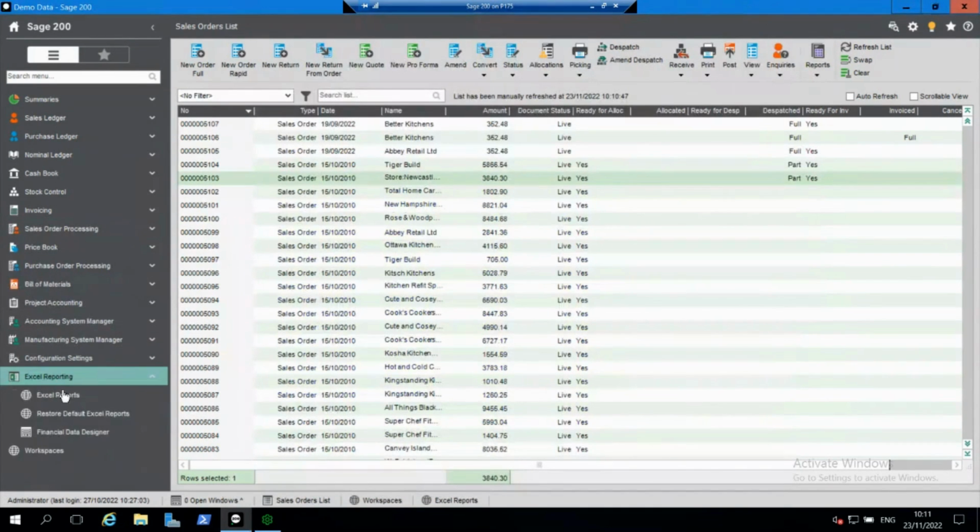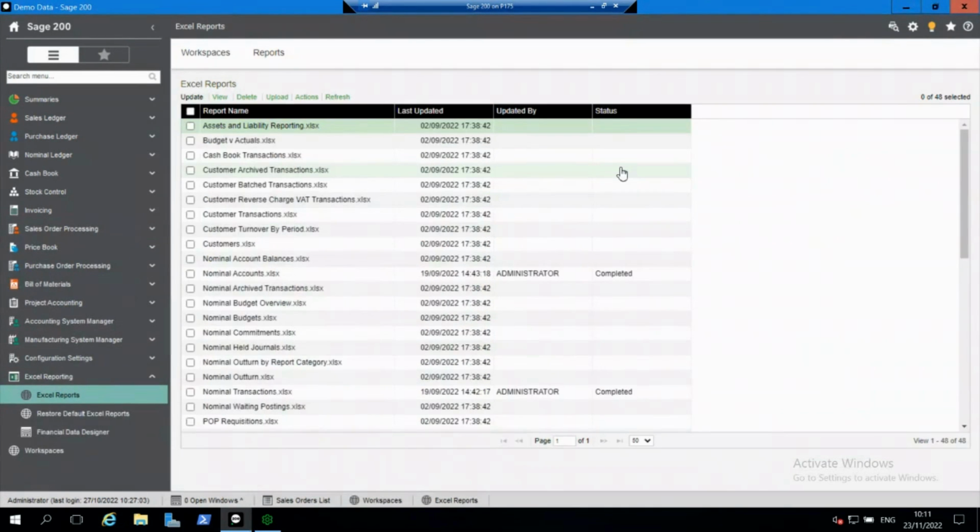We also have an area that a lot of people don't seem to be aware of or use, Excel reporting. So these reports can be built, and it's really worth having a look at them, guys, because what you can see in here, and I'll show you, is drillable information. So you can drill down,